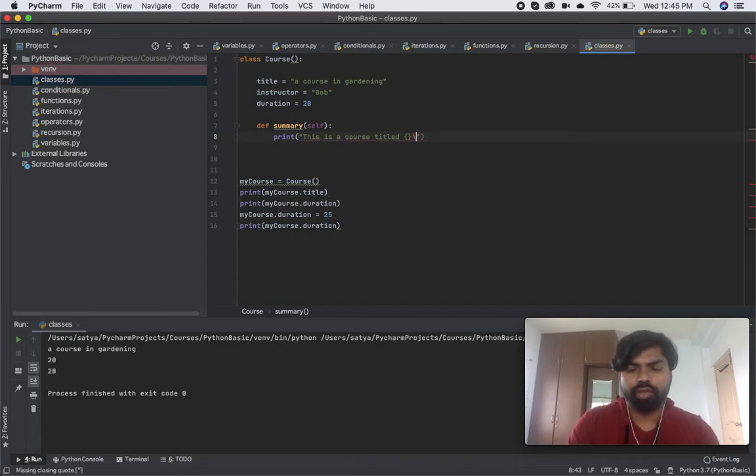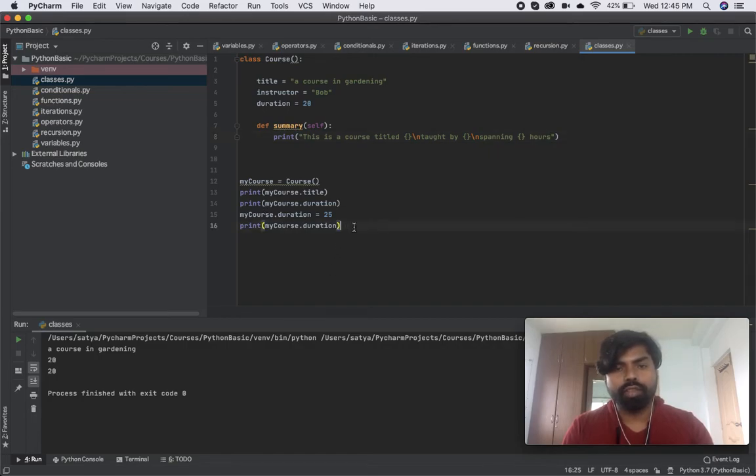After this, I think we'll just put a new line, and we'll say taught by, then the name of the instructor will come, after which we will give one more new line, and we would just say spanning so many hours. All right. So if we print this out right now, what will happen is, first of all, let's see